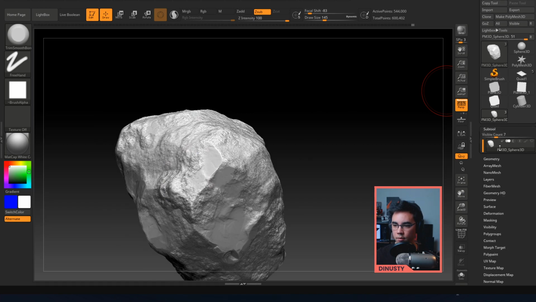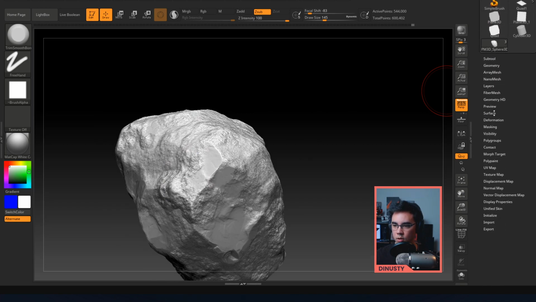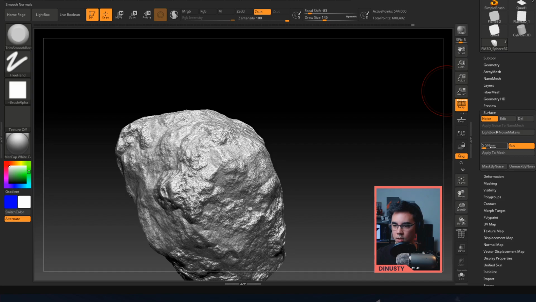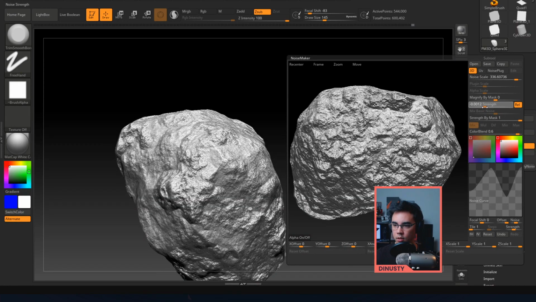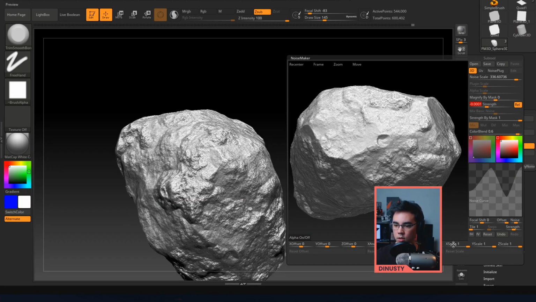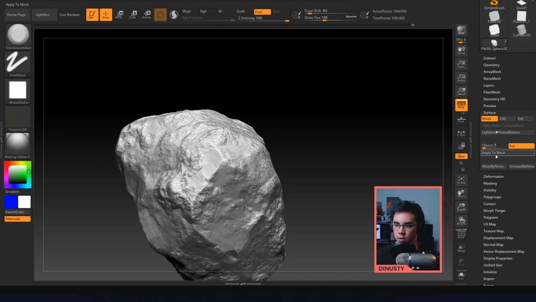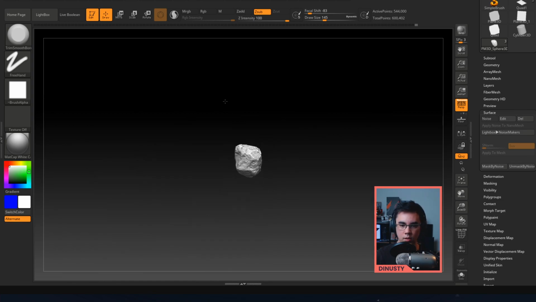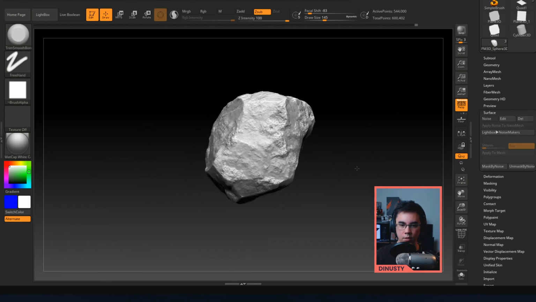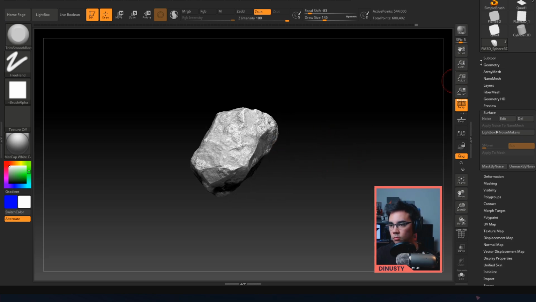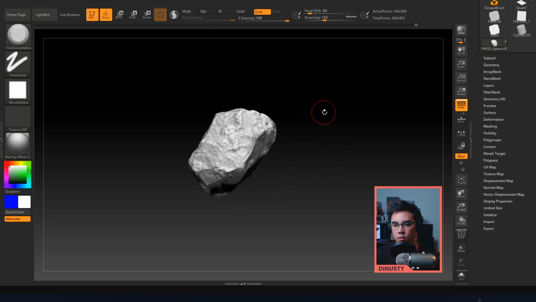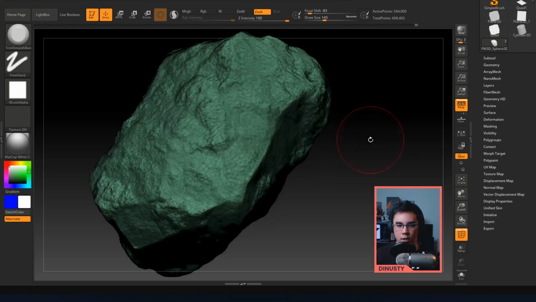So now that we have that, we can go to surface, noise, edit, and we want to lower the strength even more. Okay, let's apply that. So that should be pretty subtle. This is some moon rock action going on here. So we do the wire on that. Let's